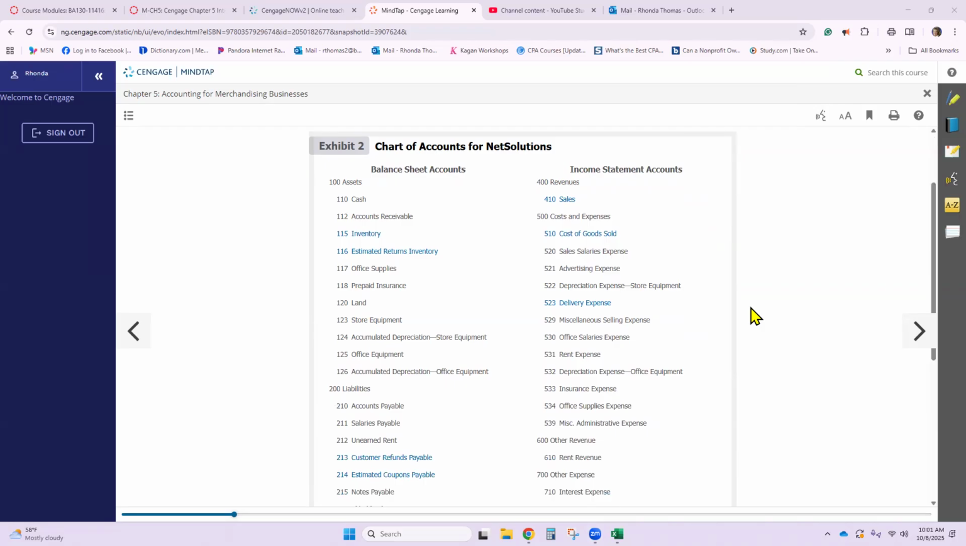The first thing I want to show you, and I have a handout for you today, is that the chart of accounts has some new accounts that I want to make sure you are aware of. So we have a new asset called inventory. We have another new asset called estimated returns inventory. Be sure to notice that our account numbers are now triple numbers, right? So ones are still assets,